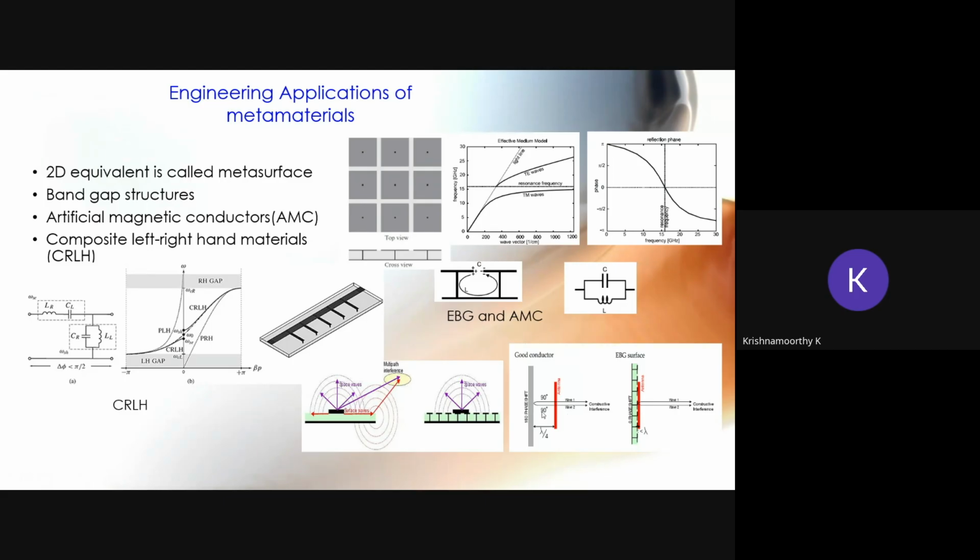The same kind of performance we can get using this artificial magnetic conductor without any gap, because of the zero reflection phase. So the antenna height we can reduce. This lambda by 4 height requirement for the metallic conductor we can avoid by using the artificial magnetic conductor. Similarly, the electromagnetic band gap property of the mushroom structure is used to control the surface wave of the microstrip patch antenna,